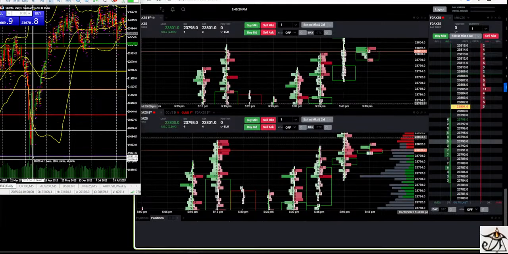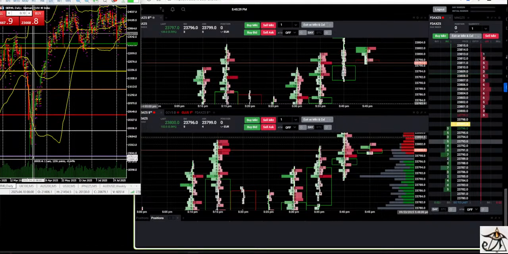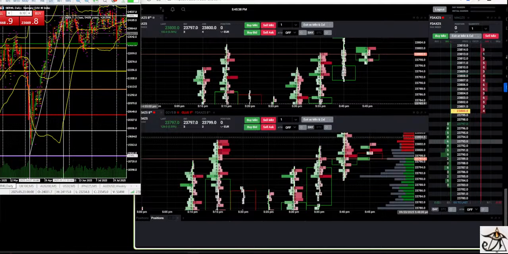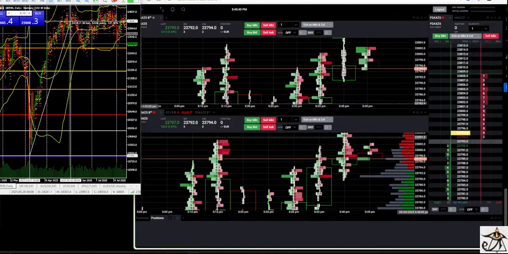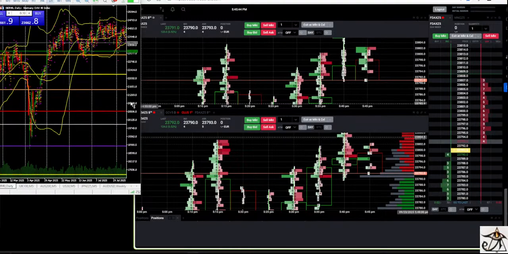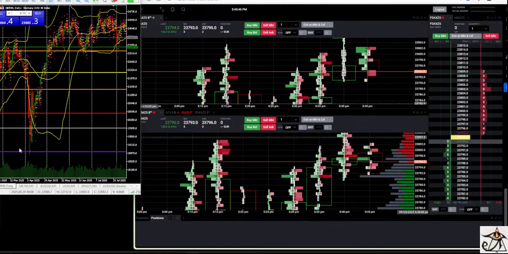That was 120 points off that pivot, and then we just rallied for another 5,000 points over the next few months. So that pivot could have given you a very good run if you're watching these yearly levels